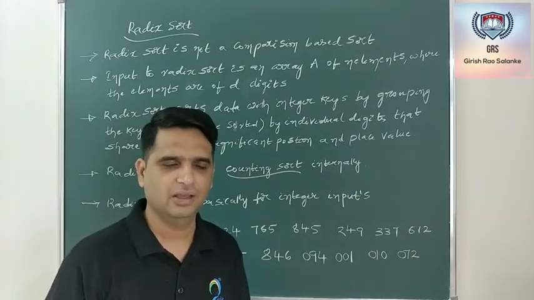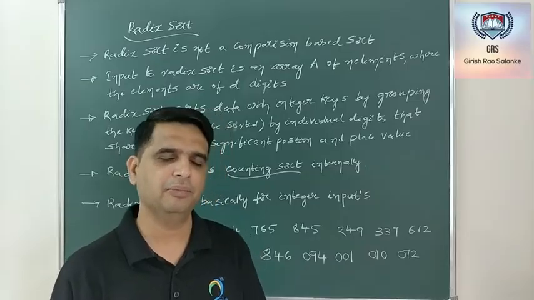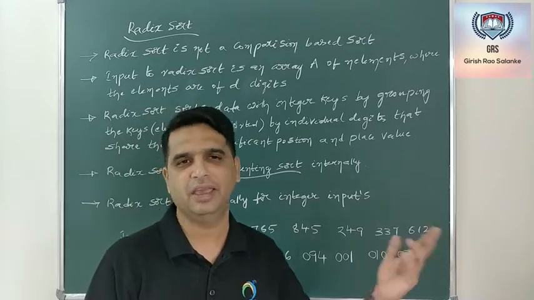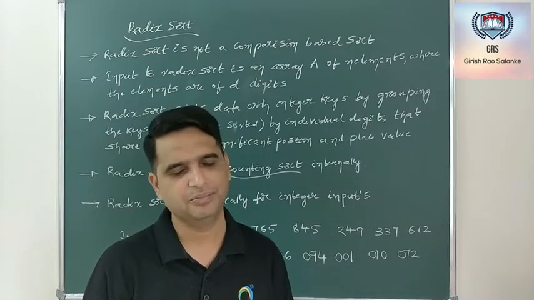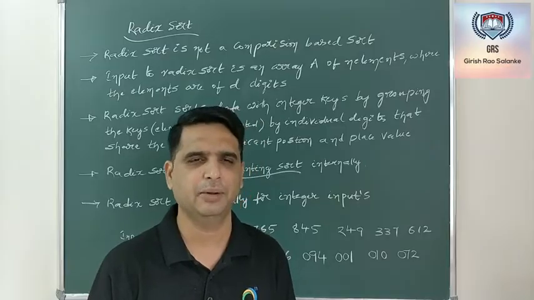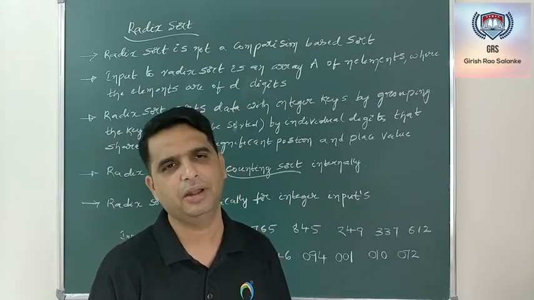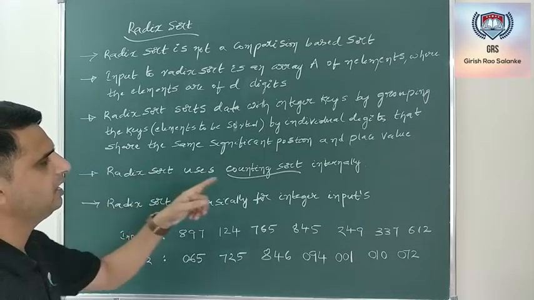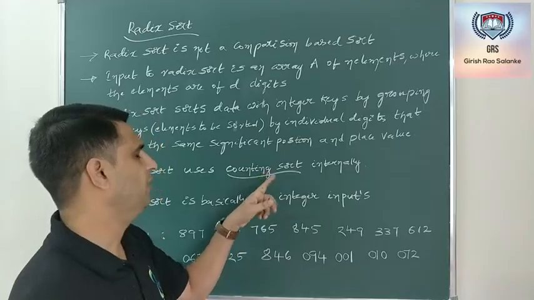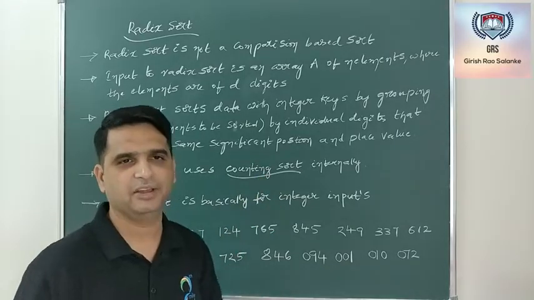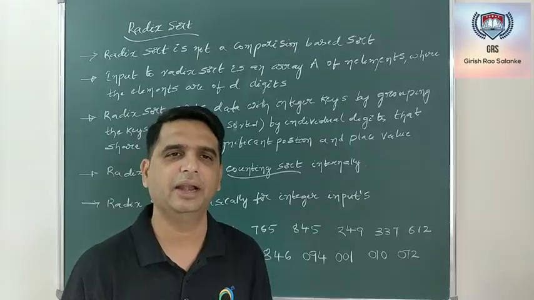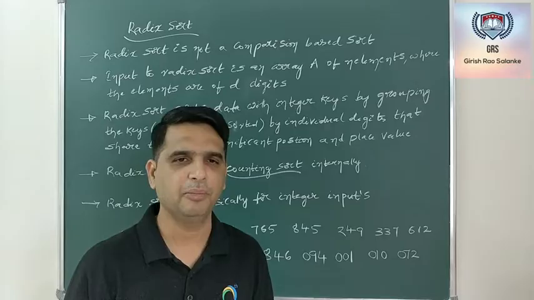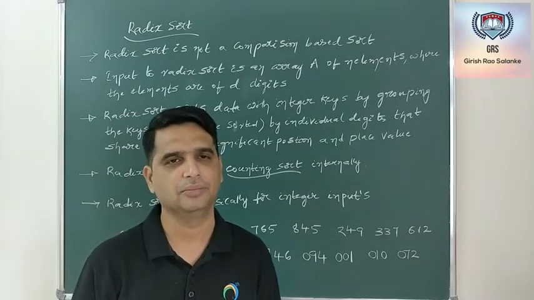Even counting sort has to be used precisely only for integer numbers. There we had the value of k, where k denotes the range, but with some slight modification, it can be used for other data types. But note that it is basically meant for only integers. One more thing about radix sort is that it internally uses counting sort. How does it internally use counting sort? We'll take an example and see how, and we are also going to discuss the pseudocode and the time complexity of the radix sort algorithm.